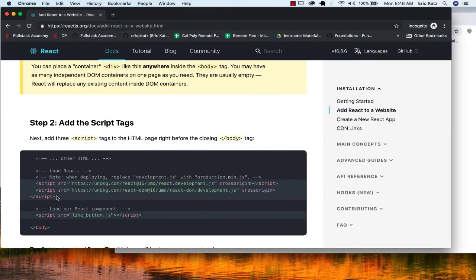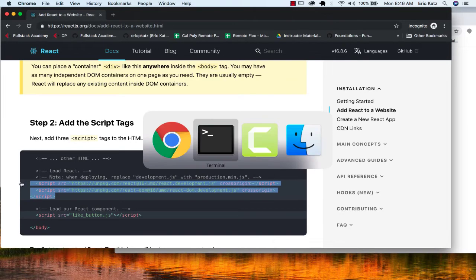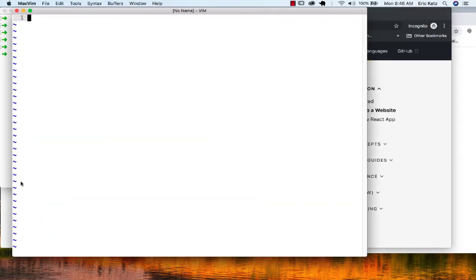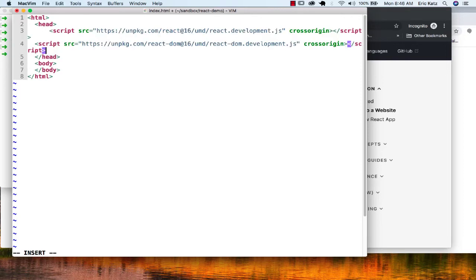And so here I've got the two scripts. Let me open up my index.html page in the editor. And all we're going to do really in terms of getting started is just see whether or not we can find the libraries that we're looking for. When I say find them, we're going to see that once we pull them in from these CDNs, which is a fancy way of saying this is just a site that is hosting these files,